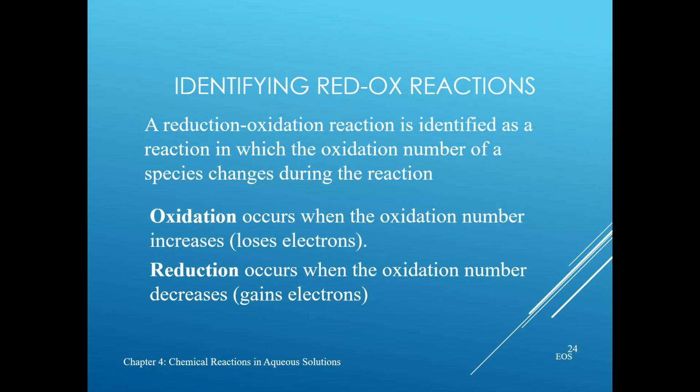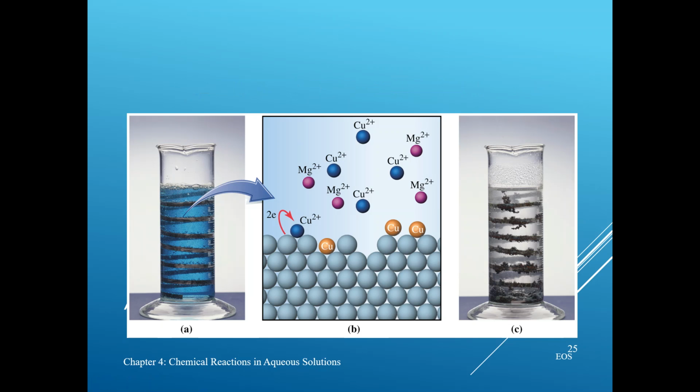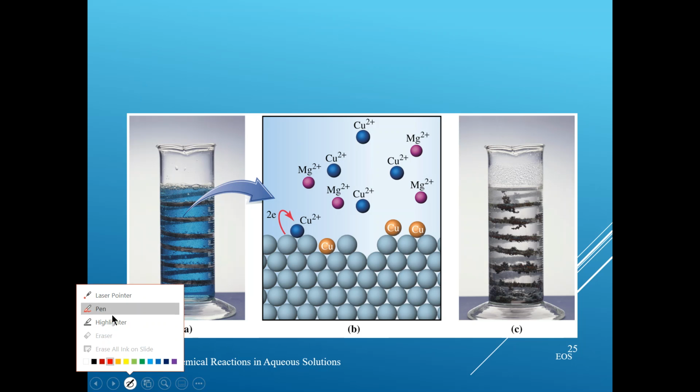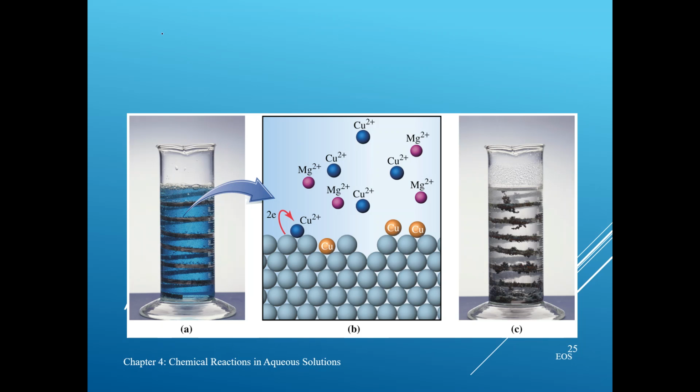To give you a simple example of this, you're looking at a picture of a cylinder with a solution known as copper 2 sulfate. In that cylinder, you see a coil, that's a magnesium coil, right? And there's a reaction taking place in this system. In fact, let me see if I can write up here. Hold on one minute. I think I prefer the black color. Okay, so basically the reaction that is taking place is